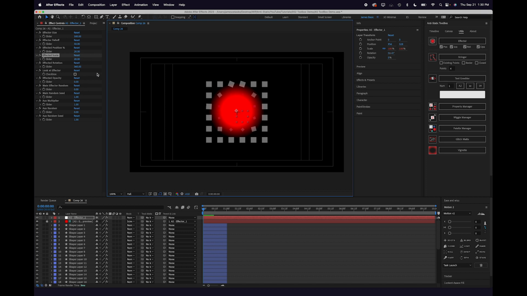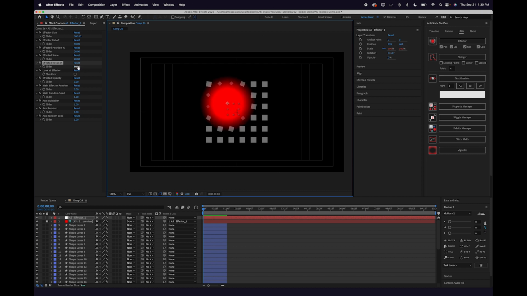closer. The rotation will be the amount of rotation that each box will go through before it gets to sort of the center hot spot, or whatever that is depending on the fall off. So it's set to 360 right now, so they're going to do a full rotation. If I set this to 90, then obviously they're just only going to go